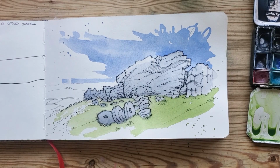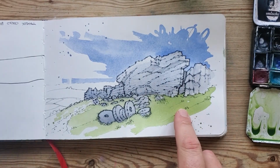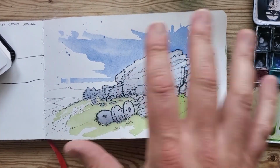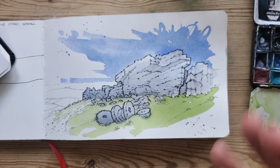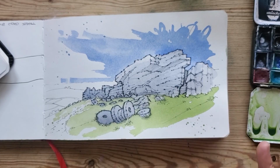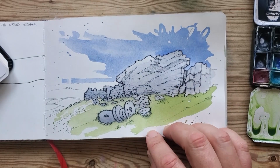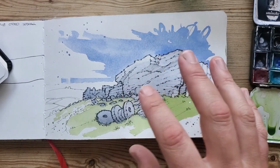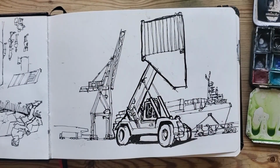But the reason why I'm showing you this technique is because it helps me when I've done a lovely sketch and I don't want to risk putting something over the top of that will take away any of the structure or the nice line work underneath. And also, if you're relatively new to line and wash technique and you're quite happy with your drawing and how you're progressing with your drawing, and you want to start moving into the world of paints, then really quite quickly you can start thinking, well, I'll just slap a bit of paint in here, give that a bit of a go, and you could just do a bit of the sky. You don't have to make a big commitment to being very detailed with your watercolor,